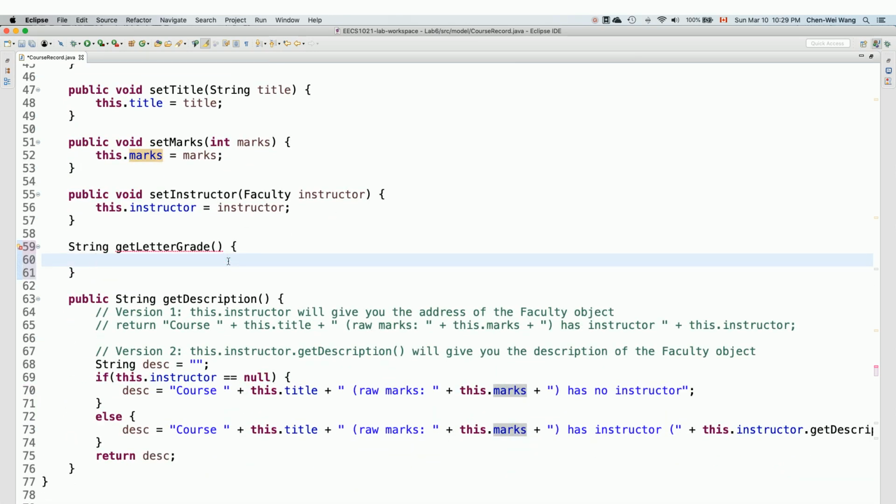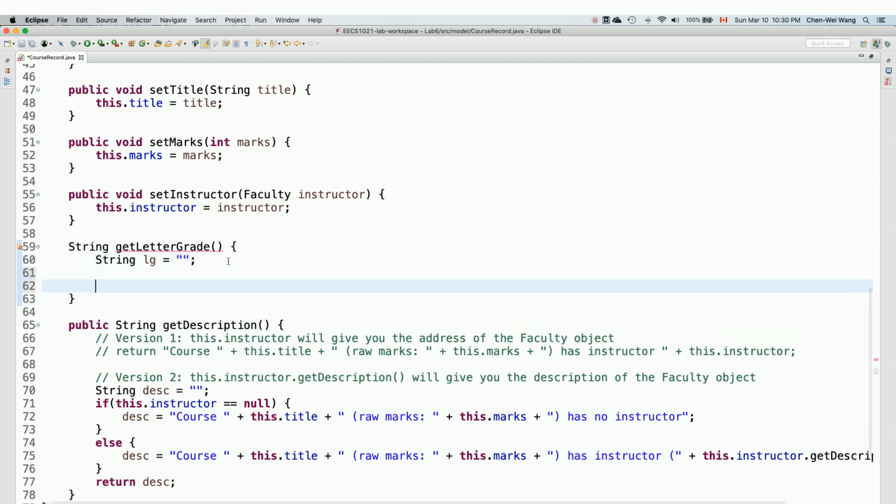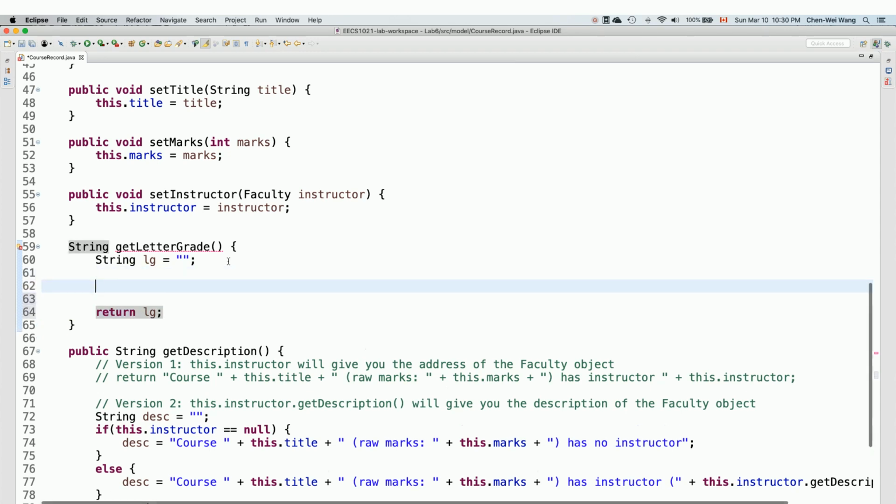Let's say I'm going to declare some local variable of the same type as the return type. So I'm going to say String LG, and initially just an empty string. Let me get rid of that extra semicolon there, and eventually I'm going to say return LG, the letter grade. Now how do we convert? Very easy. We just do an if-then-else statement. We did something similar for the selection. So we can say if this marks